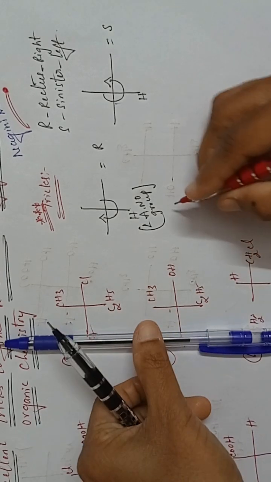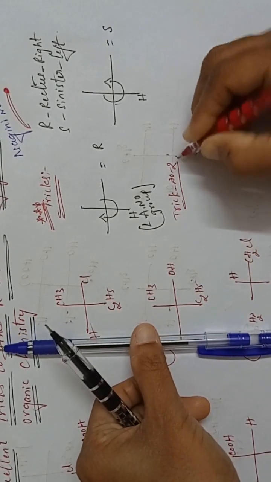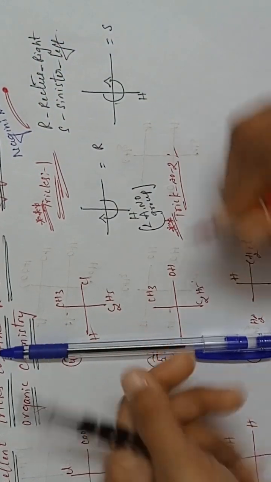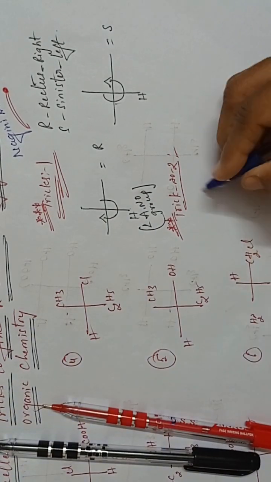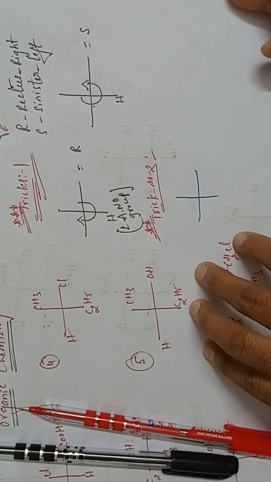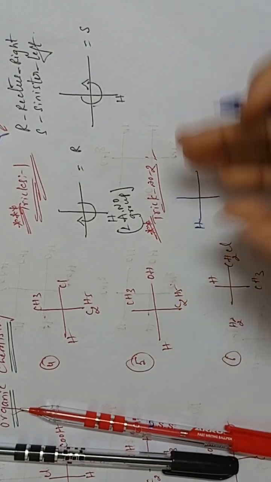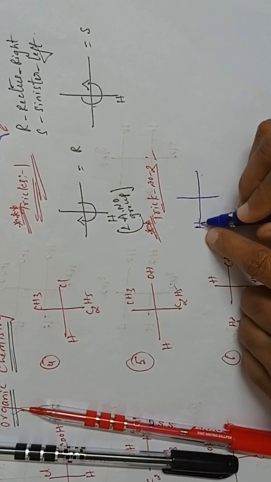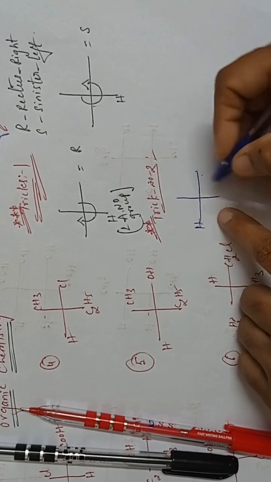Now next one, trick number two. What is trick number two? See here. Now I am taking the hydrogen atom, the lower atomic number group, on the horizontal line, students. If it is on the horizontal line, it may be on the left or right hand side. On the horizontal line, lower atomic number group, and the atomic number priority order,